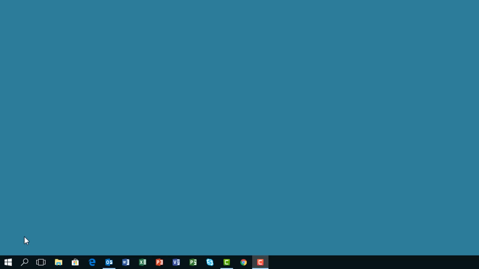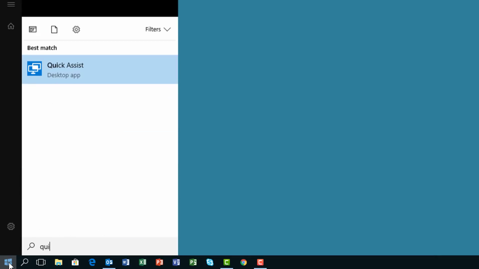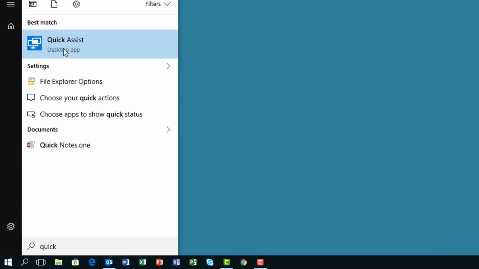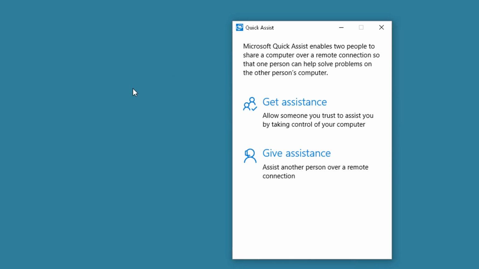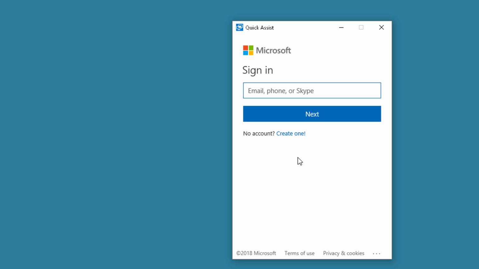Number 4, Quick Assist. Quick Assist is available from your Start menu. Just click Start, type in Quick, and select the Quick Assist desktop app. This brings up the Quick Assist menu, and you have two choices. You can either get assistance from somebody else, or you can give assistance. In this case, I'm going to select Give Assistance. You sign in to your Microsoft account,